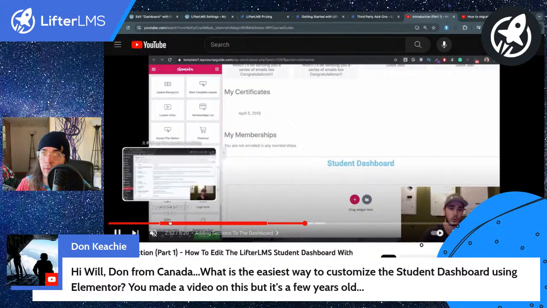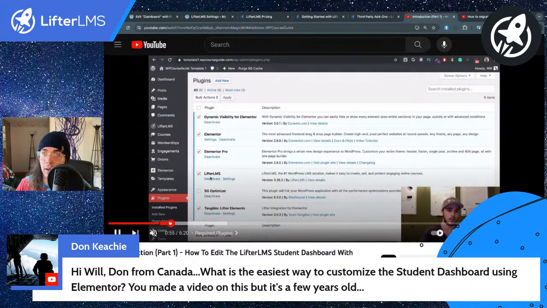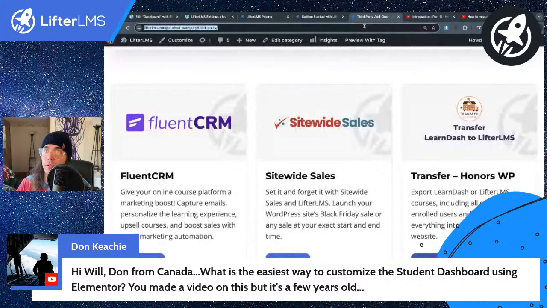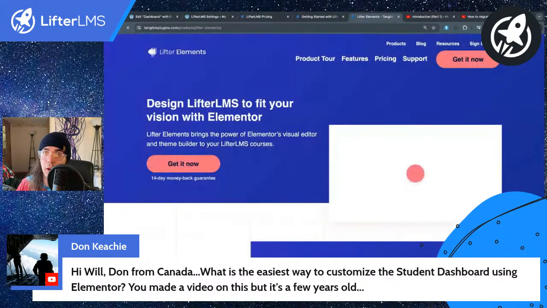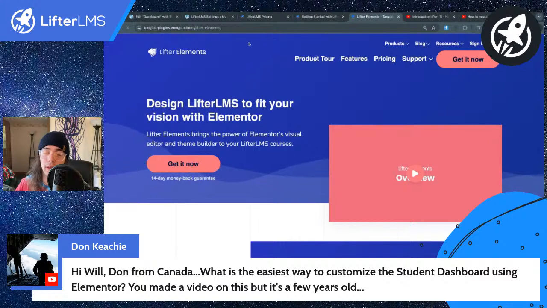Do I talk about Lifter Elements? I guess, yeah, so Tangible Lifter Elements. You can see it down there at the bottom. So if I go to Google Tangible Lifter Elements. This thing is going to give you access to Elementor customizations for your progress bar, where you could make your progress bar a circle and make it a gradient and really Elementorize your pages a lot